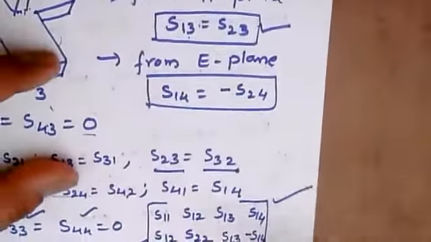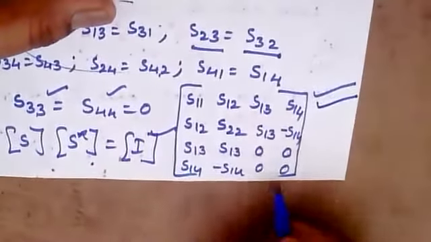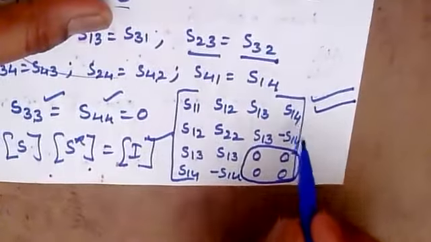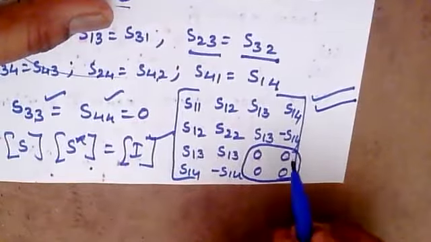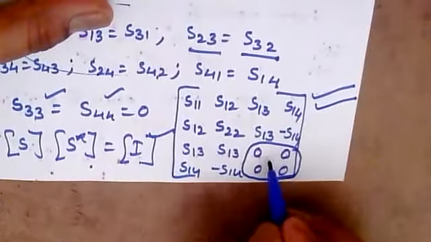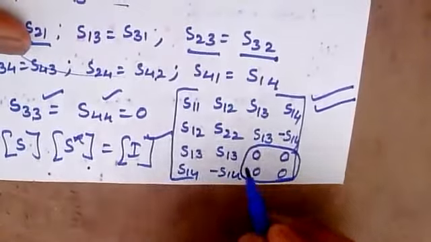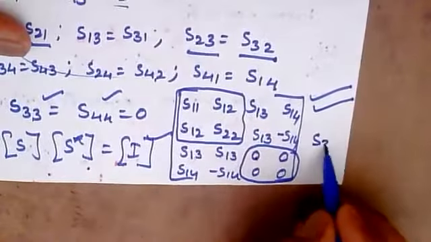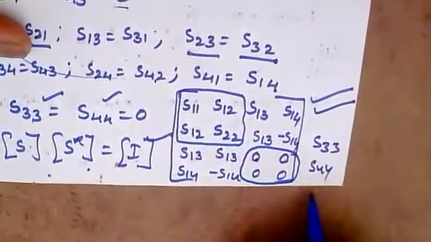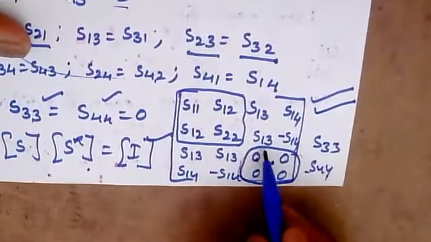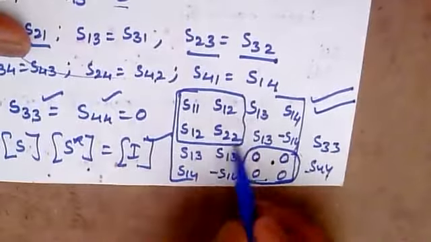I am just showing the final result, and as it has been said, it is of a magic T. Here we can say that port 3 and port 4 are perfectly matched. And why it is called a magic T, I have told you: because if any two ports in the matrix are perfectly matched, then the other two ports are automatically matched. In this case S33 and S44 are perfectly matched, so that we have got it as 0. If these are zeros, then automatically these four values also we get as 0 here.